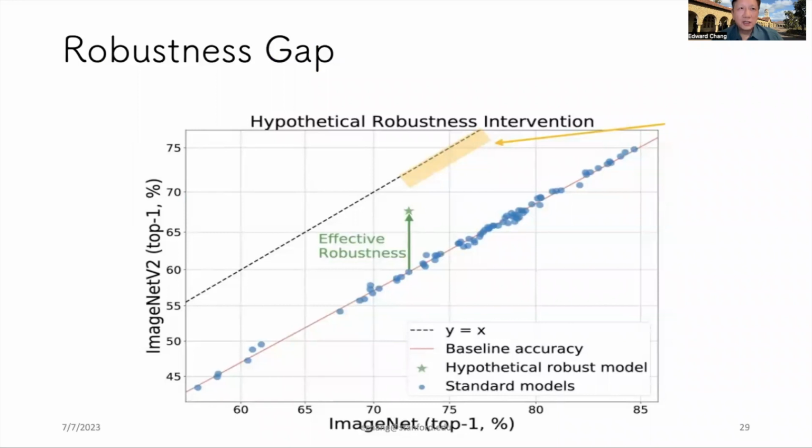So this picture is a little bit challenging to interpret. Let's spend some time to explain it. On the x-axis, it shows the accuracy of this kind of top 1%. On the y-axis, it's exactly the same as the x-axis. So why do we want to plot these two dimensions? Suppose we're changing the testing condition a little bit. If the system is extremely robust, then the accuracy plotted on the x and the y axis both should be